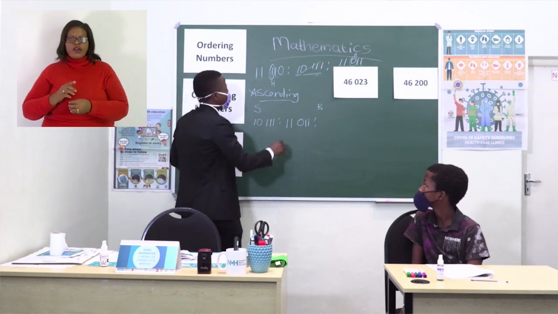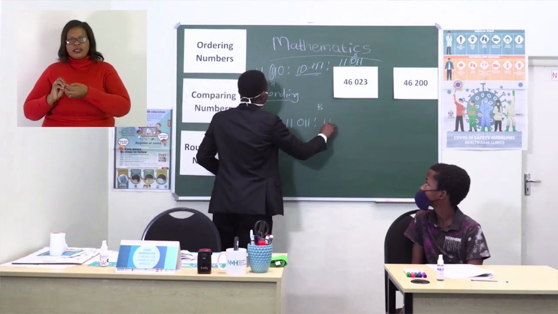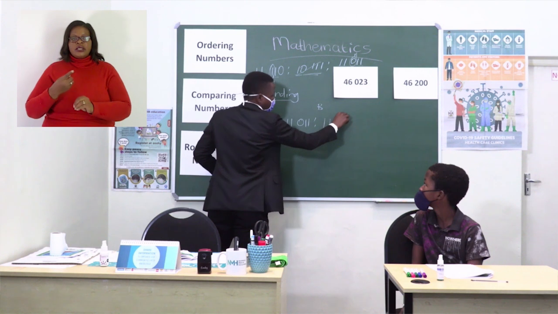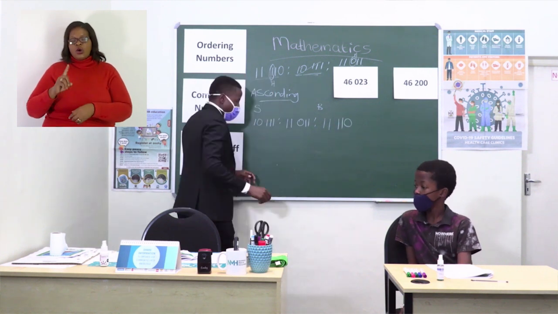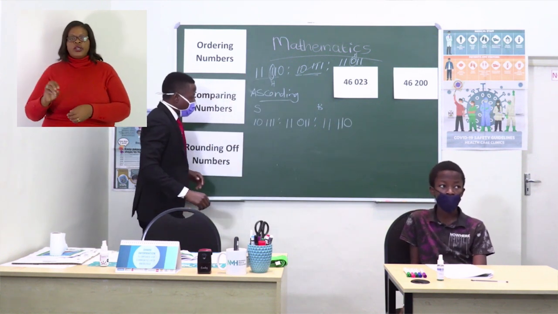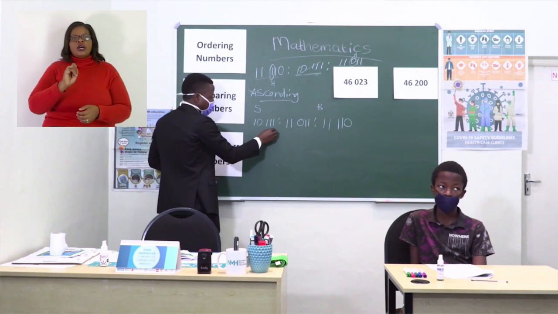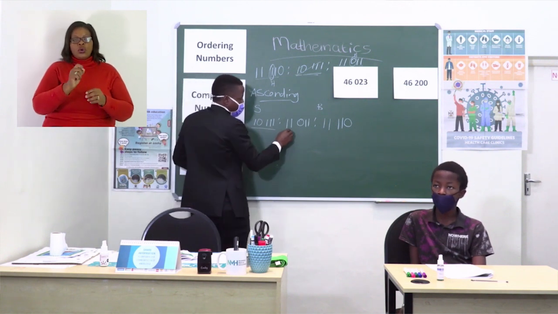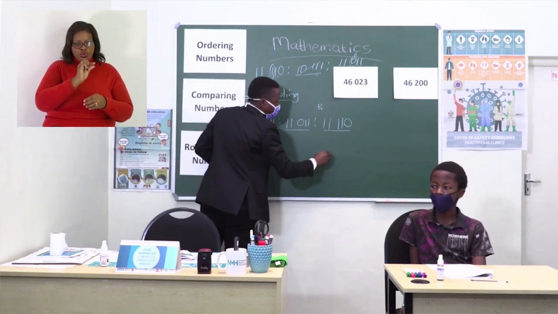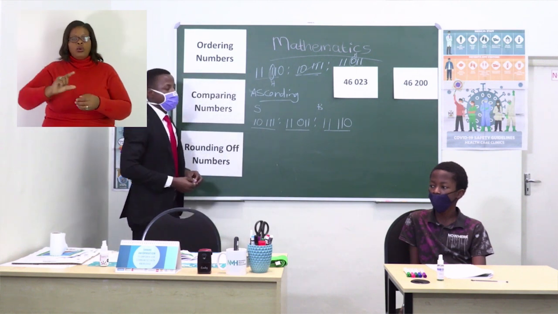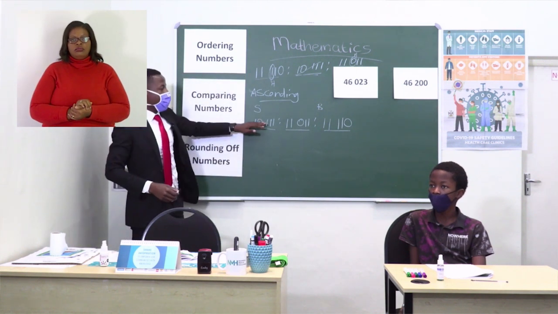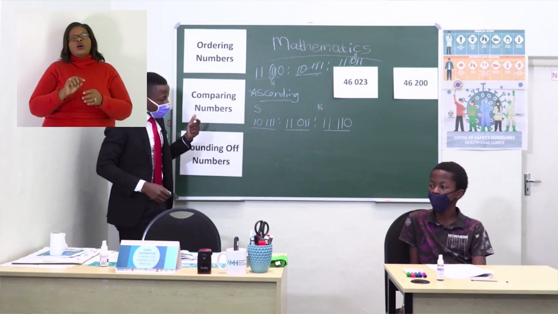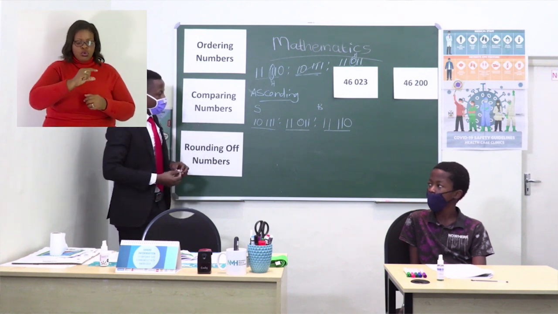And the last number, which is the biggest, will be 11,110. So in this manner, you can see that this is the smallest number, followed by that, and the last number, which is the biggest, stays there. So this is ascending order. And if you want to take that back to descending order,